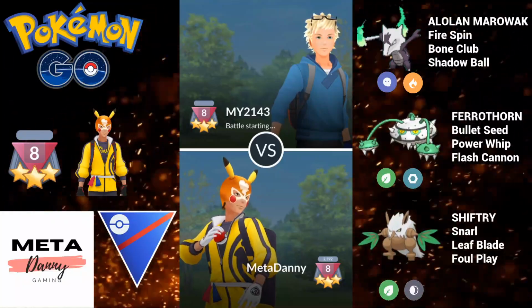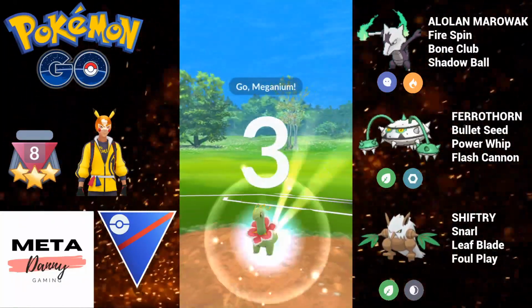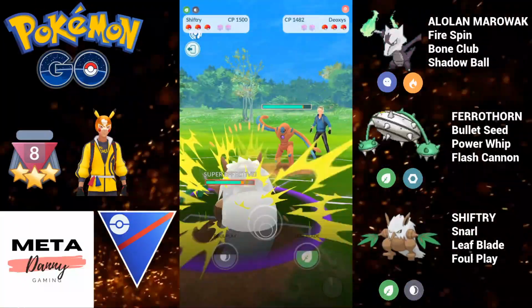We're going up against my 2143. These are rank 8 battles. As you can see, I'm in the 2300 range. Again, we get a good lead: Alolan Marowak into that Meganium. They switch into their